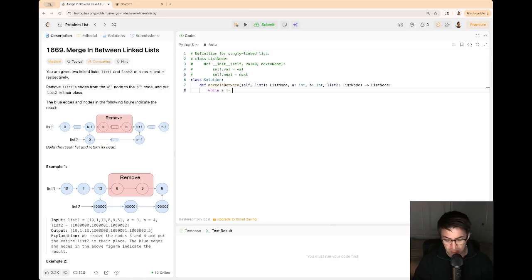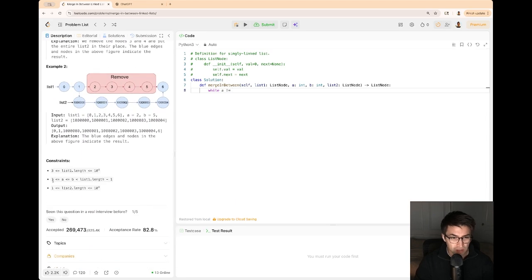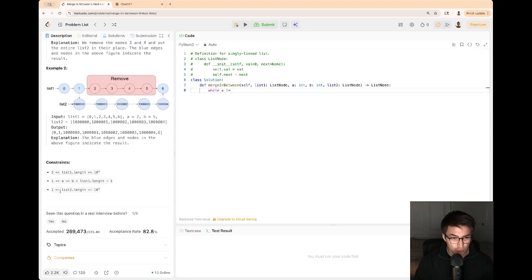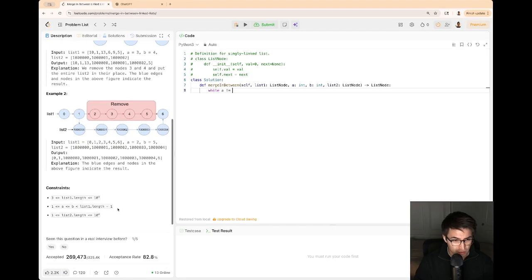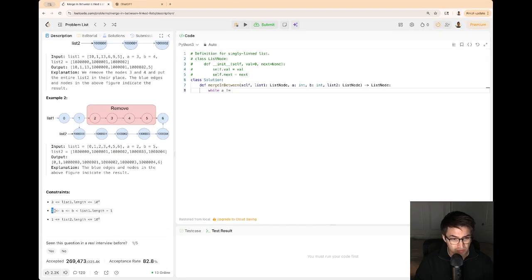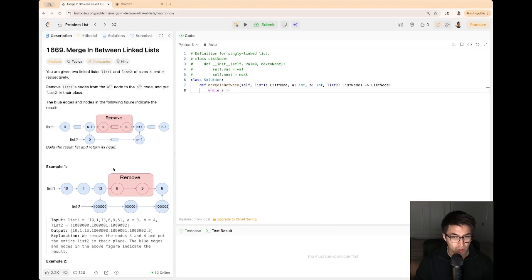If it equals 1, then that's still fine, because based off of these constraints, the root node cannot be a node we remove. So while a does not equal 1,